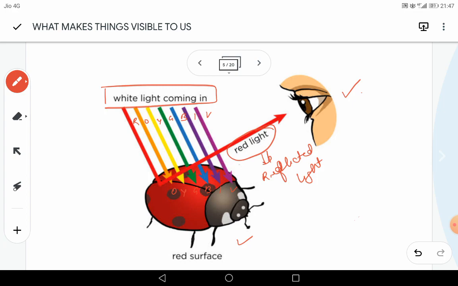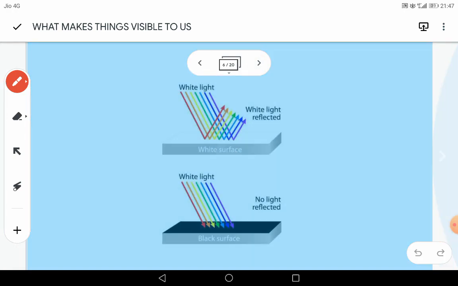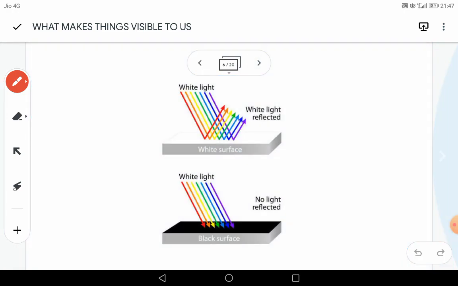But now we see that there are certain portions that are also black in color. So what makes it black in color? Let us understand how we see any object to be black in color. Here the first surface is white, and the second surface appears to be black. Now let us see the difference between them. In the first case, the surface appears to be white, so why does that happen?